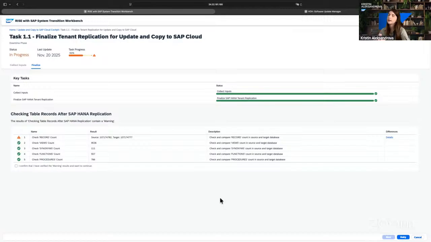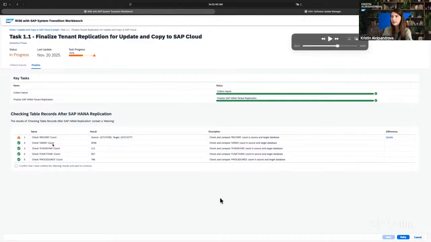And then once the replication is done, you get a first look into the health of it. What do we mean with the health of it? So the HANA tenant copy is very resilient, as you know. Even in network issues, it could have some gaps, it could recover by itself. Also, something might have happened that at some point something is not correctly replicating. So we give you a first count check on the different entities to start judging if everything was indeed correct and the